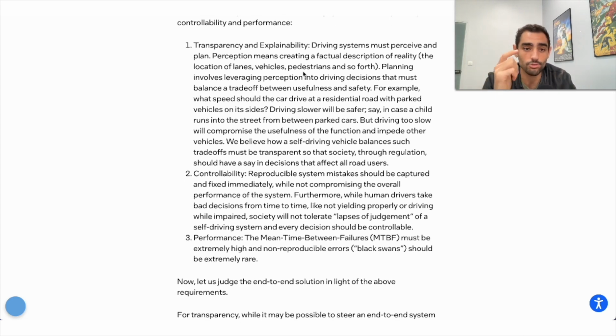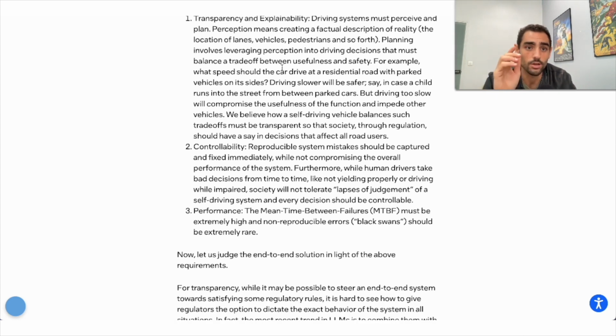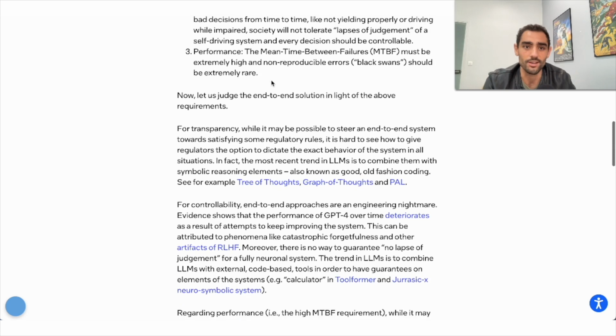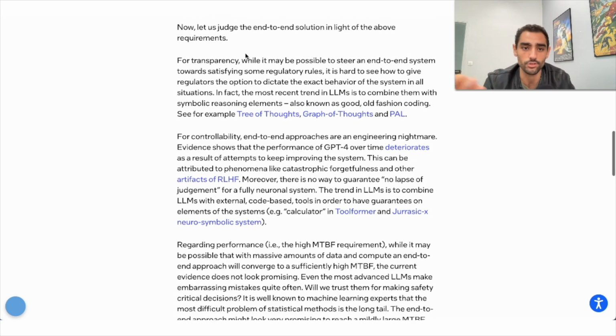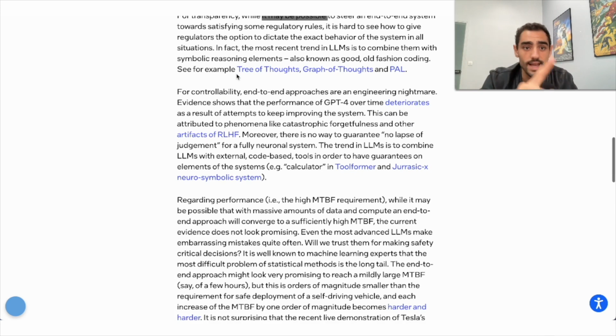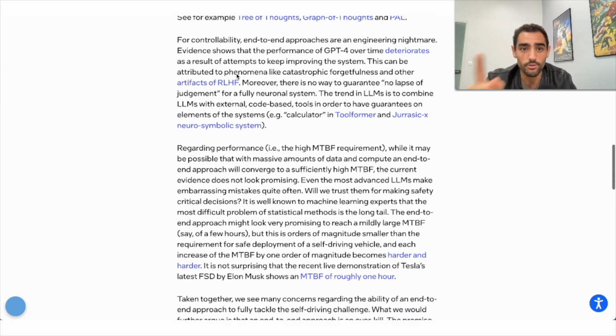And for that, we're going to use three key elements, which are transparency and explainability, controllability, and performance. And they say, well, what speeds should we adapt on residential roads? We're not going to encode any of that. We're just going to show drivers on residential roads. So is it good? Now, for transparency, they say it may be possible to steer an end-to-end system with regulatory